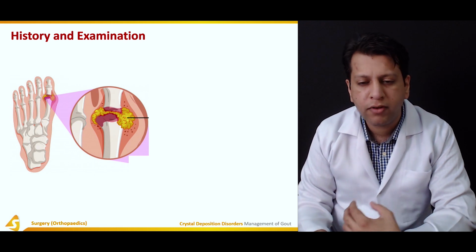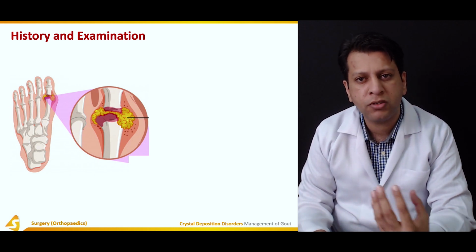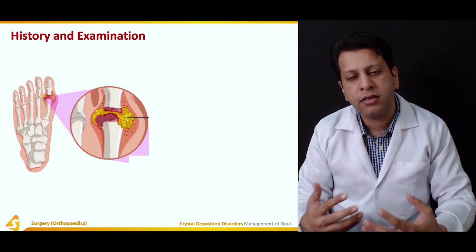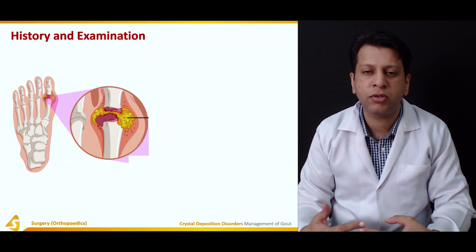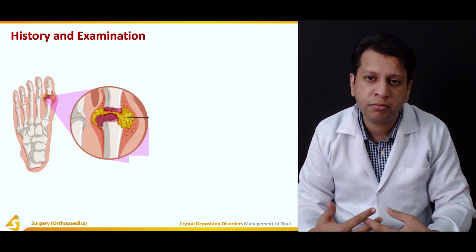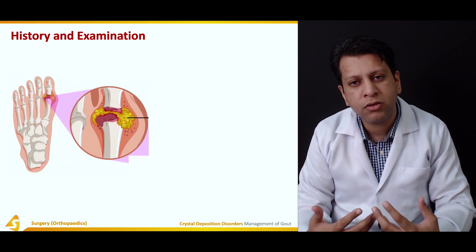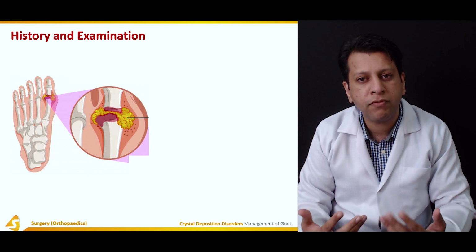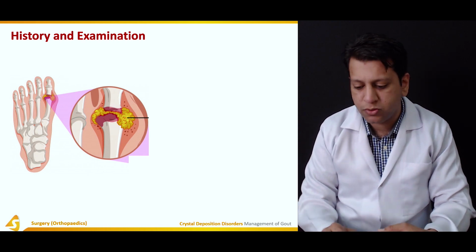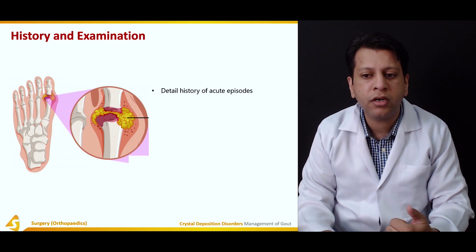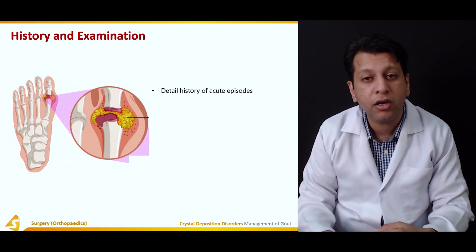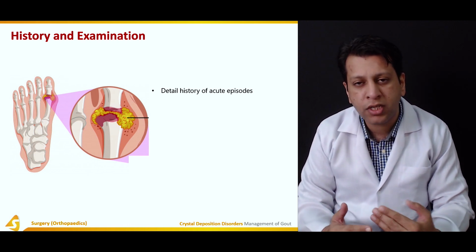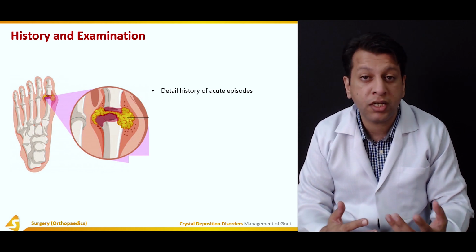Whenever we talk about the management of a case, we start from a detailed history. What else should you be thinking about, as we have differentiated on the history whether it was a primary gout, where there is something wrong with the metabolism, or a secondary gout, where there is something wrong with the kidney's excretion. Our patient is not able to excrete the amount of uric acid which is actually being produced. On history, we have to take a detailed history of acute episodes: how many, how far apart, what has happened over time, whether any treatment was taken, and whether any labs were done previously.